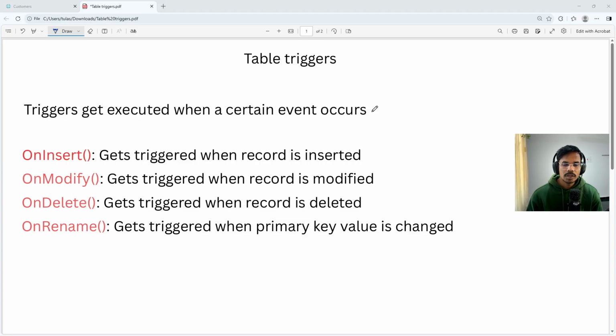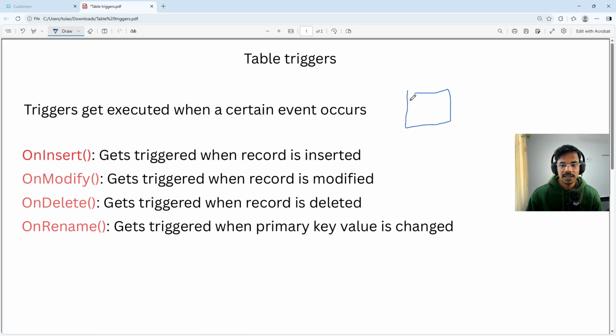In this particular video, we are going to go over table triggers and page triggers. So firstly, table triggers. Triggers get executed when a certain event occurs. So whether on a page or on a table, the triggers get executed when a certain event occurs. For example, let's say this is a table,